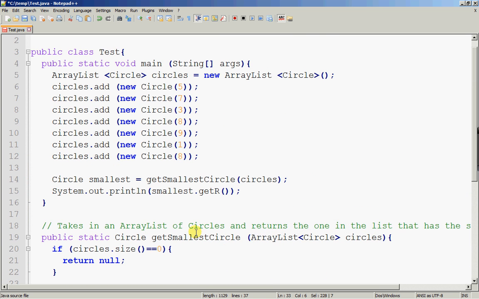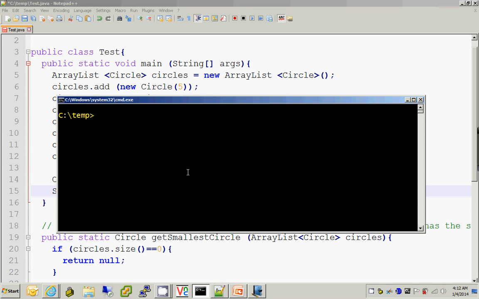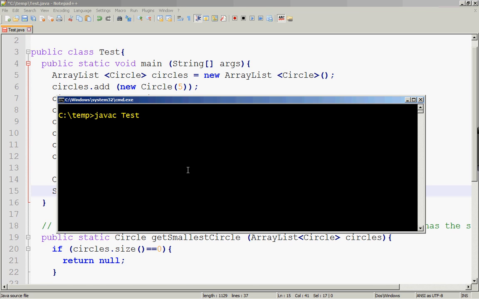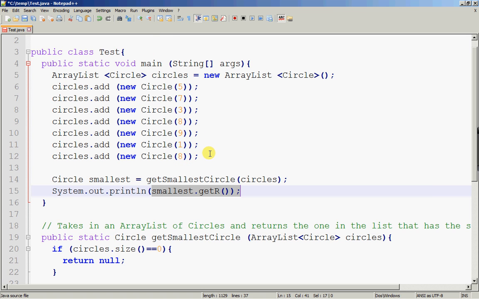And I'll return to line 14. The returned address will be stored in smallest, and I print out smallest.getR. Now I've tried to run this program, and there seems to be no problem. It managed to identify that 1 is the radius of the smallest circle, which is the case if you look at this data here. Alright,